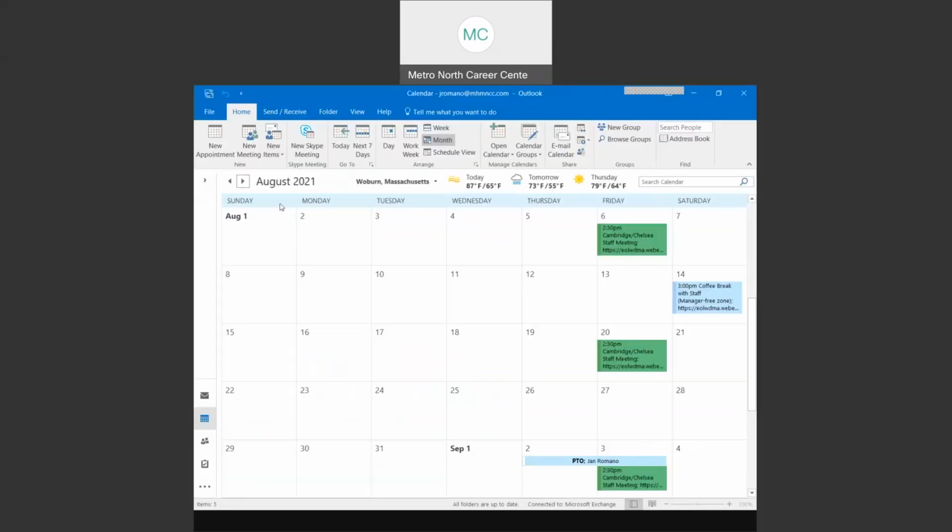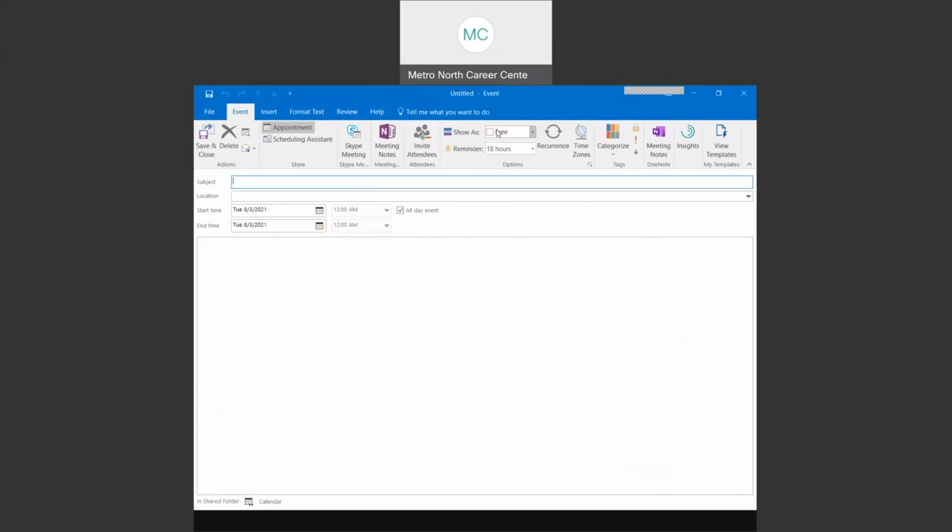So let's say on August 9th or 10th or whatever date you've got here open. So I'll go to the 3rd actually. Notice I have the white box here. I'm going to double click, and what's going to open up, sorry that it's slow, but here it comes, is an untitled, look at the top, event. Why? Because I want you to notice right here, the default is an event. The default is when you create something by double clicking on the calendar, an event is created, which means all